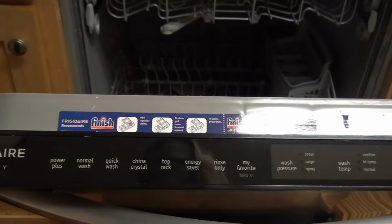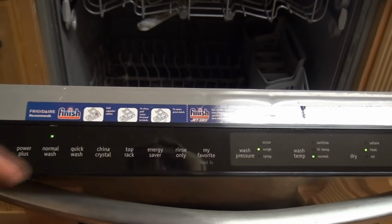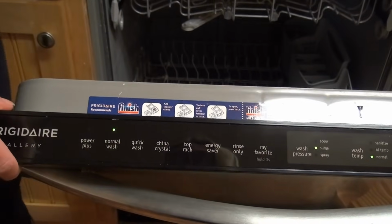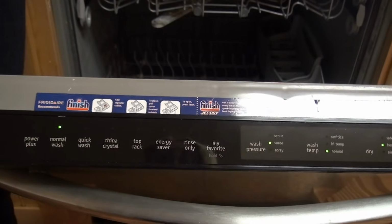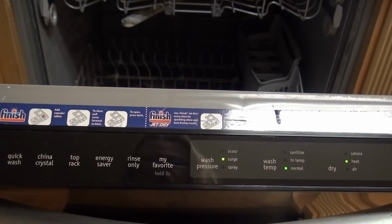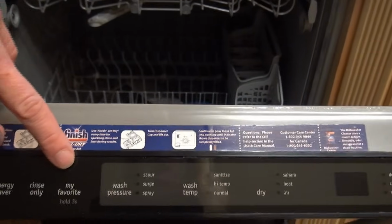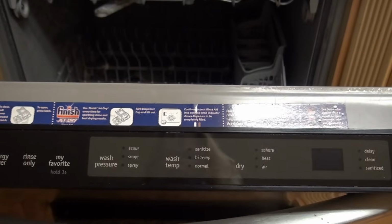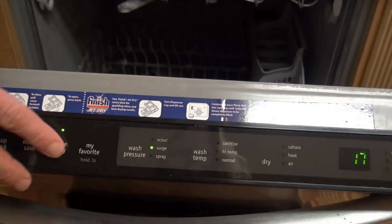As you can see, there's a Power Plus wash, normal, quick wash, China crystal. Haven't used the China crystal, as on the rare occasions when I use my China, I do those by hand. Top rack, the energy saver, the rinse only, I have used that. It's a press control, pressure pad, to toggle between the settings. So say top rack,